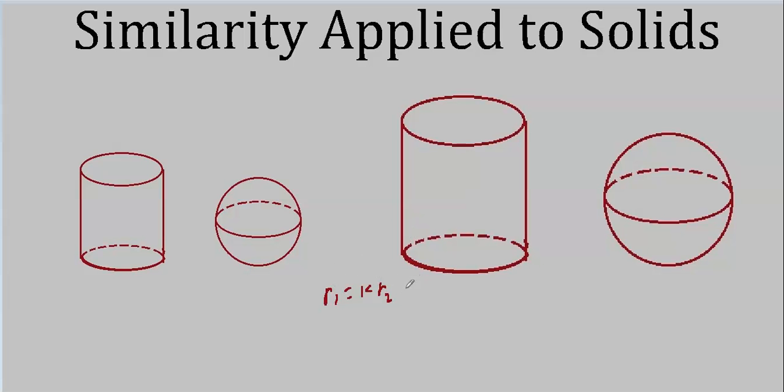A cube would be another 3-dimensional object which is always similar to any other cube, because there's only one parameter, the side S. If you change that, you change everything. And if you're going to produce another cube, you have to change that. So it works just like this does. And previously we saw squares were also similar to each other. All squares are similar because, again, there's only one parameter.